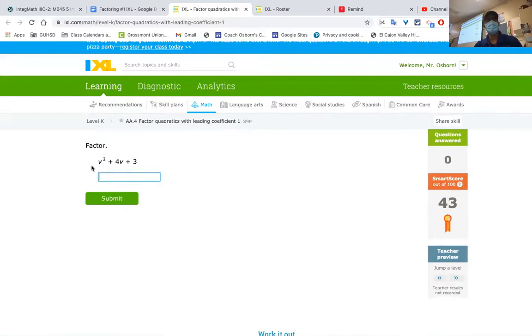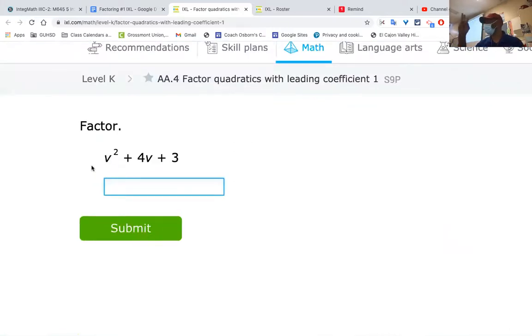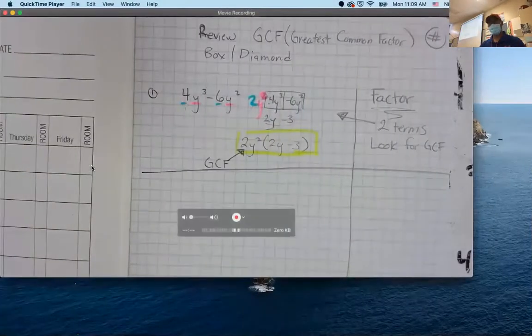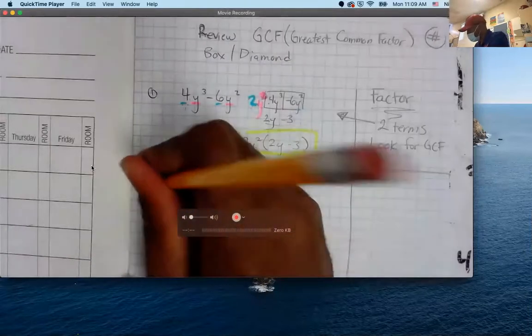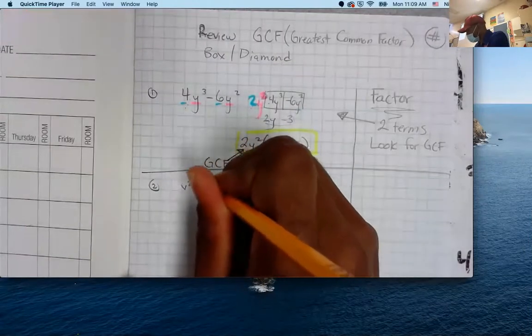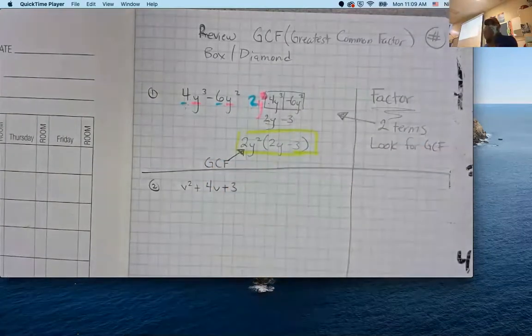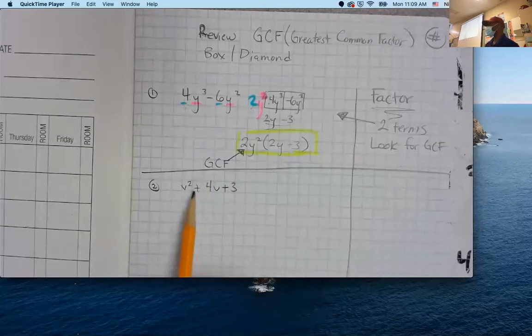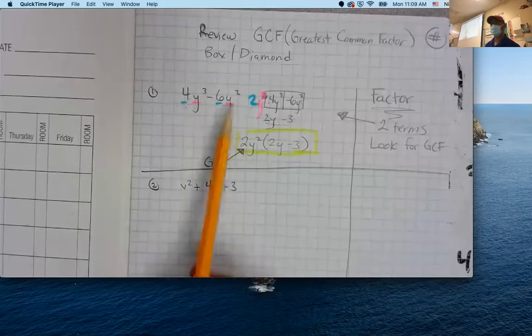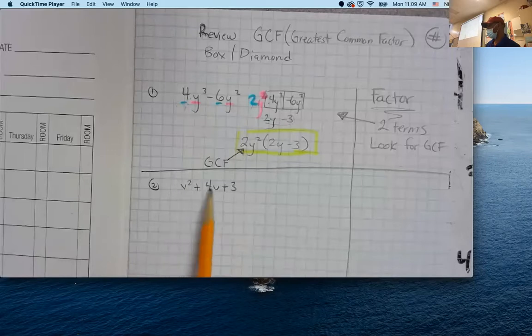All right, so here, the next one, the difference is you have 3 numbers. All right, so v squared plus 4v plus 3. The other difference is that there's nothing in common between all 3 numbers. This one we had a 2 in common in y's, but this one they don't all have v. And 1, 4, and 3 don't have a common factor other than 1. Okay, so this is the case where I need to do